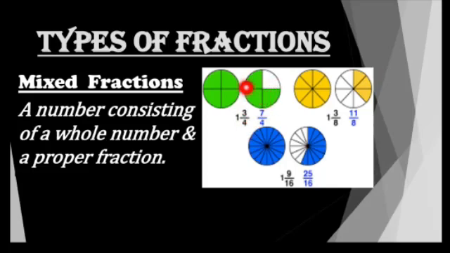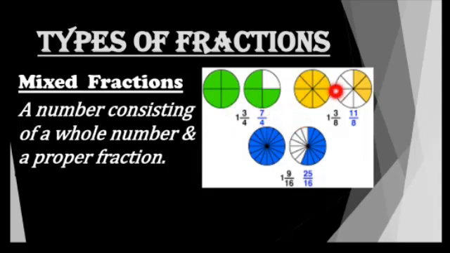Okay, so here we can see 3 by 4. Why 4? Because this whole is divided into 4 parts and out of these 3 parts are shaded. So we can write here 1 and 3 by 4. We can also write this as 7 by 4, because 7 by 4 is an improper fraction. In the very next topic we will come to know how we convert a mixed fraction into an improper fraction, right?